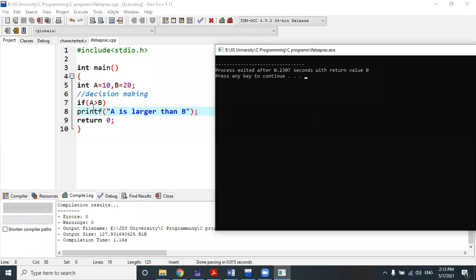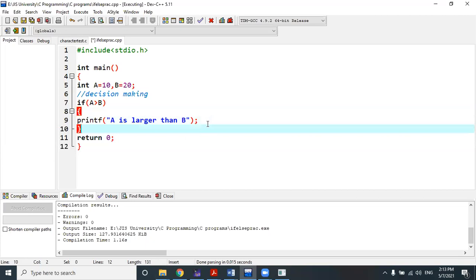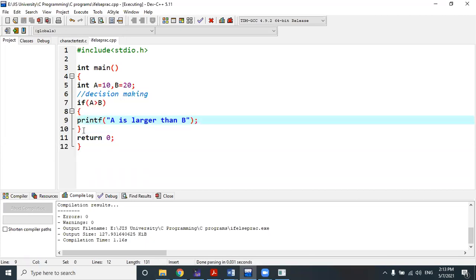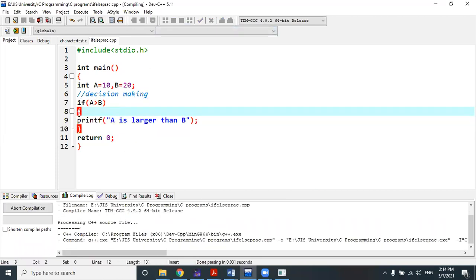Obviously the condition does not satisfy here, so it will jump to the next statement after the if statement. This is the part of the if statement. To represent it more clearly, we can use an open brace and close brace to show that this is an if block of statements.